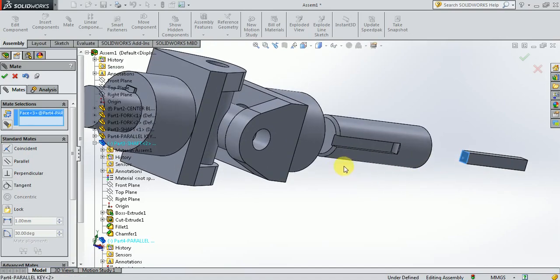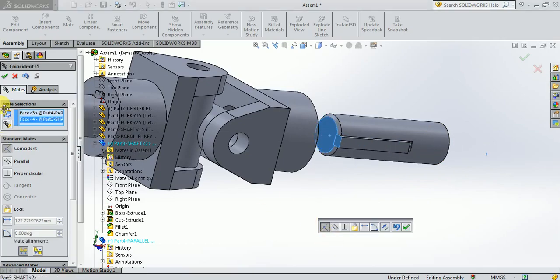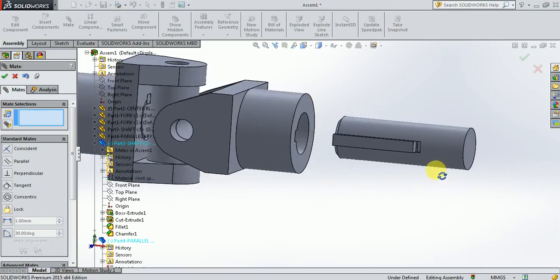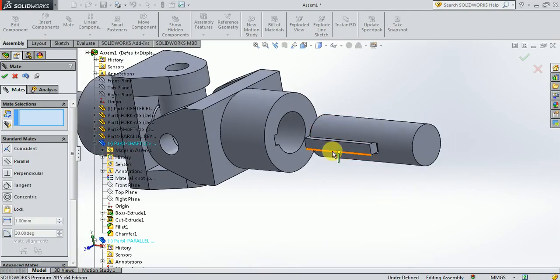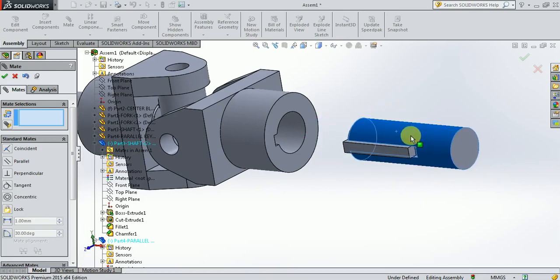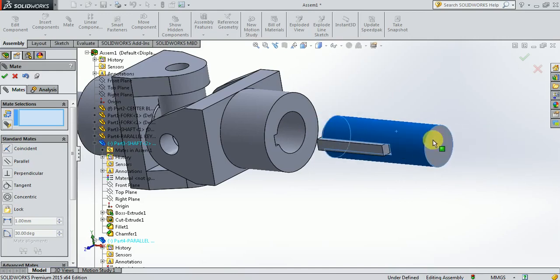When the key is inserted into this keyway, this particular face of the key should coincide with this face. Give it OK. Now you can see that the parallel key has been placed into the keyway in the shaft. This particular key is rigidly connected to the shaft, but the shaft can be moved now along with the key, in and out in the horizontal direction.